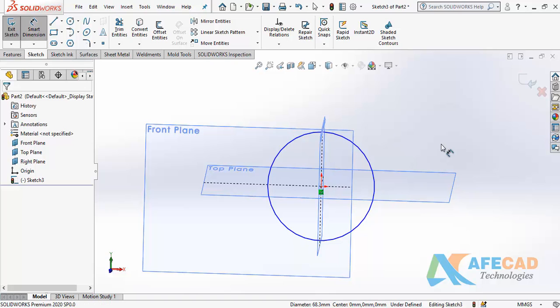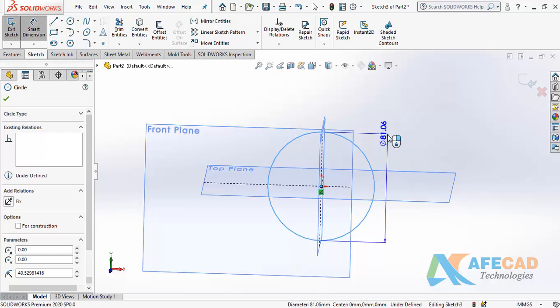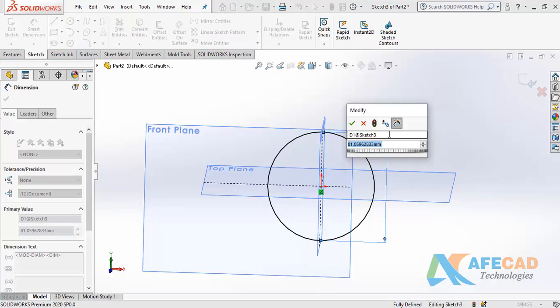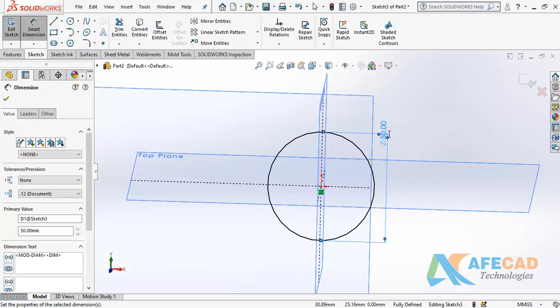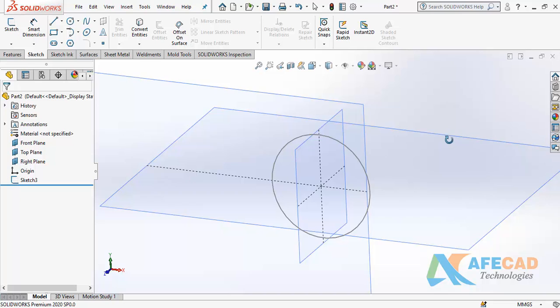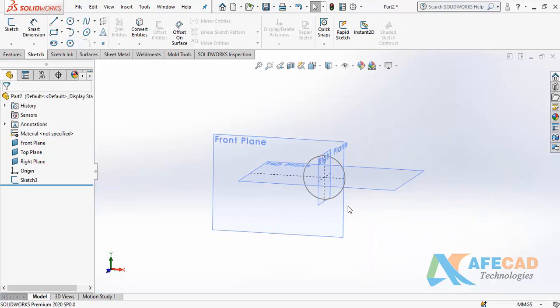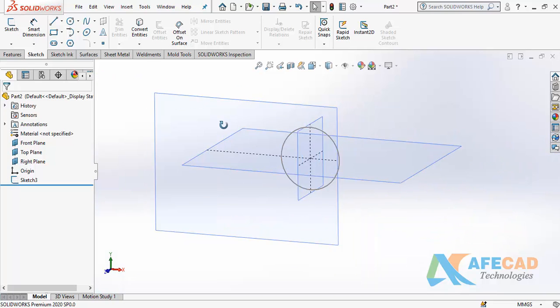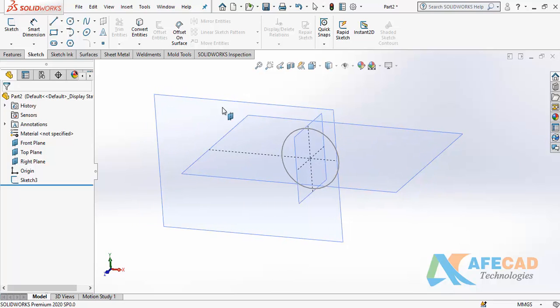Sometimes we have dimensions. It should be, let's say, 50. Okay, and then accept. So dimensions also you cannot see when you are not in the sketcher. I am outside of the sketcher in the normal view.